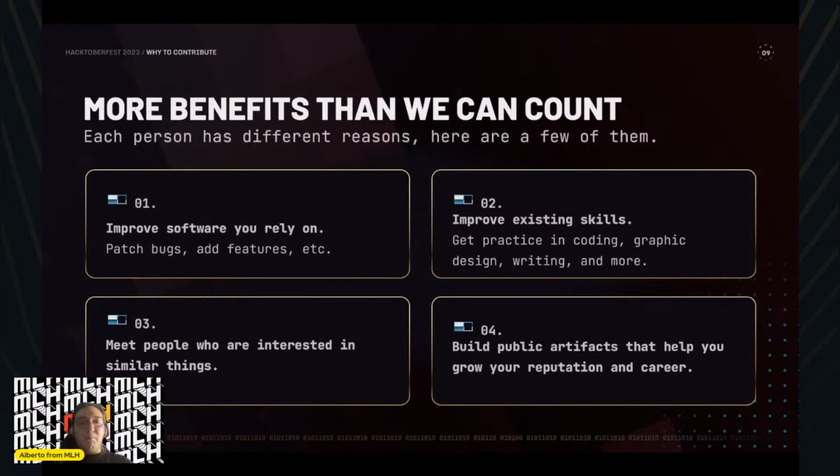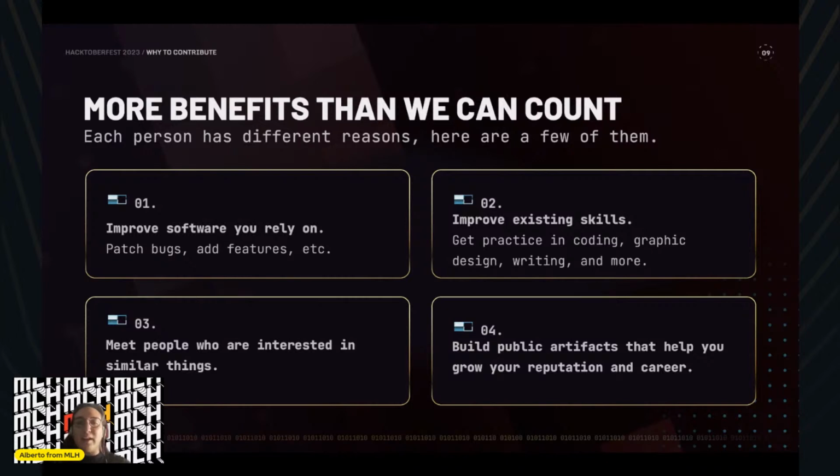Well, you can patch bugs, you can add features, you can improve the documentation, you can chat with the community and say, hey, I've seen this is not working properly, or this could work in a more efficient way. Then you're improving the software you're relying on. And this is one of the most important benefits, because you make your own tool better.